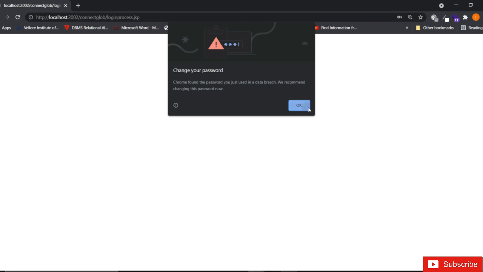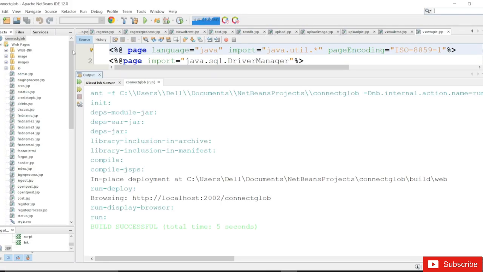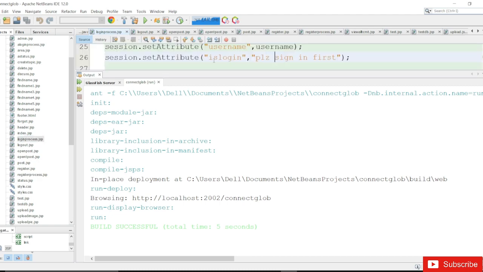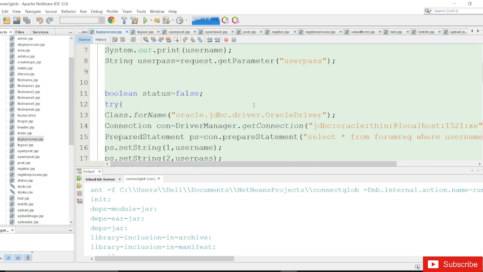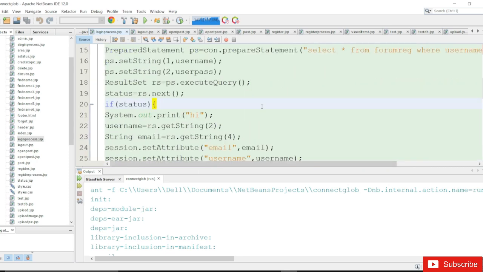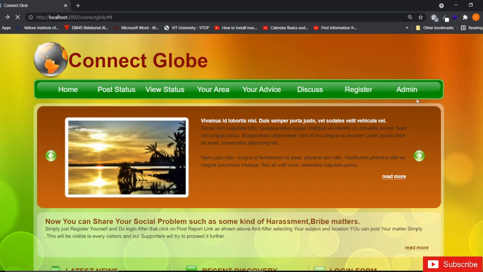Then this is the login process, and how I'm going to specify this. So if you want to check, you can check our login process here. So this is the login process, which is going to use the login process and deploy everything here. Currently I don't have anything there, so it's not showing me anything. But if I go to the admin page again,